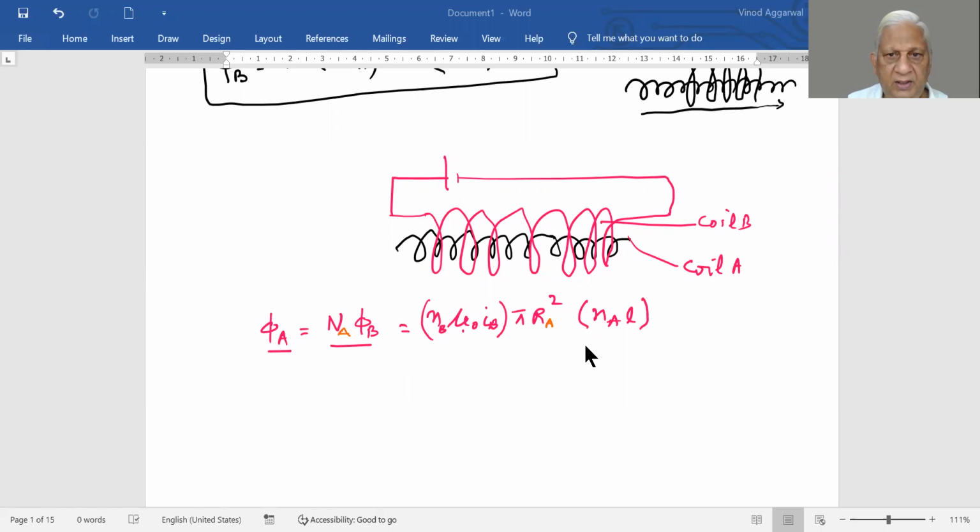This number of turns in A can be replaced by the number of turns per unit length into L, if we take L as the length of this coil, and flux through B, flux through this coil is, this is B times. Now flux through B is